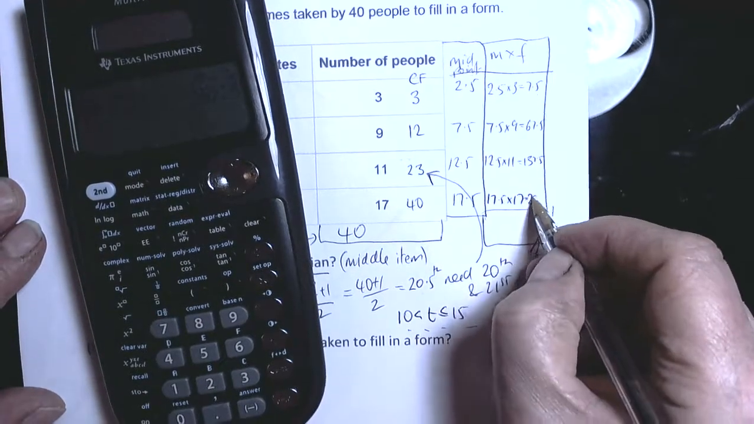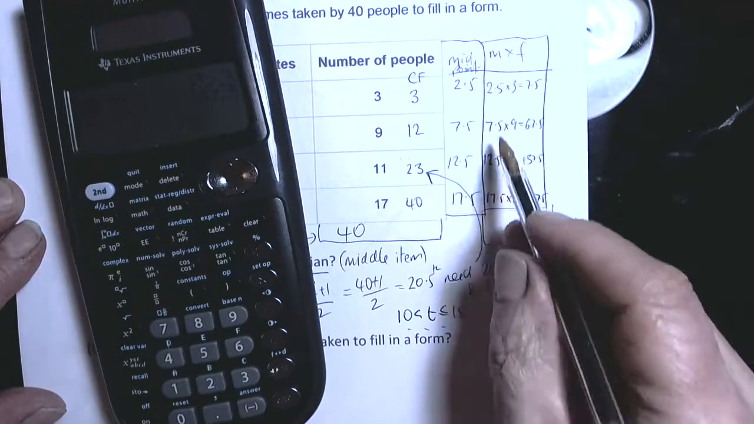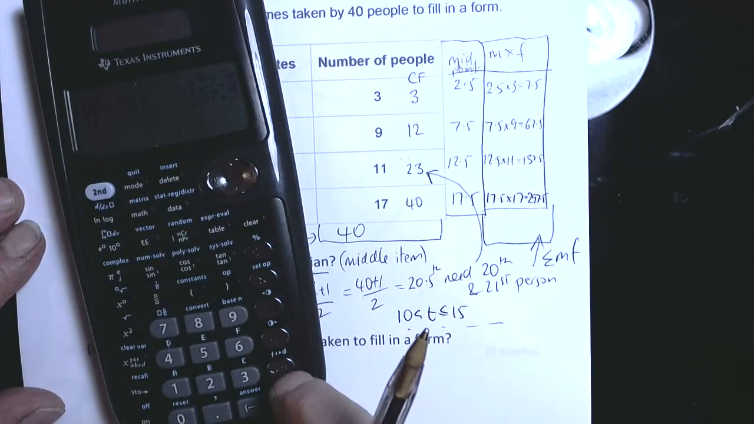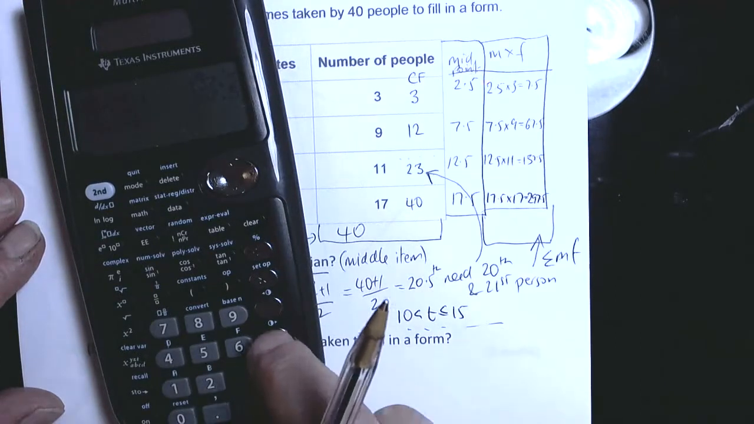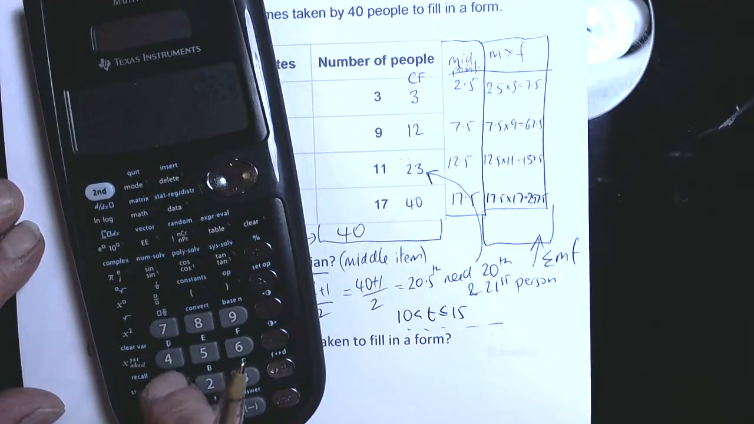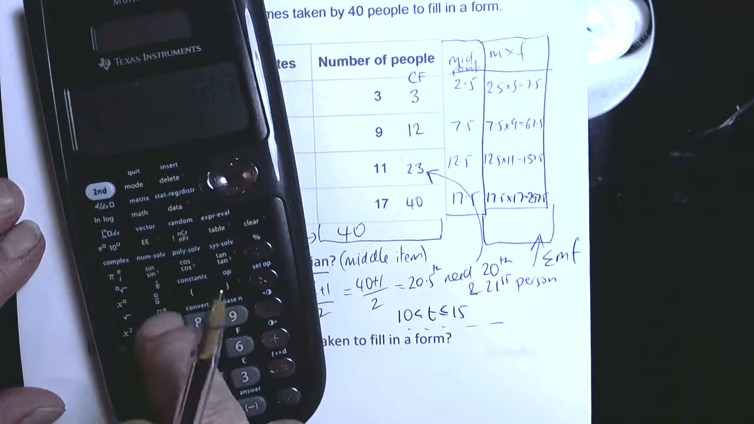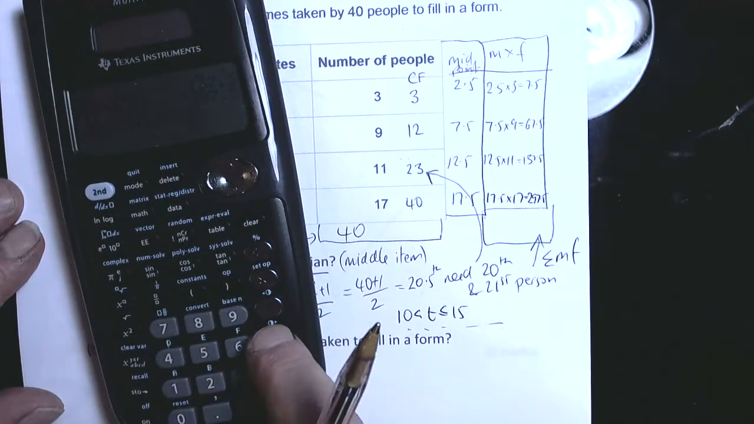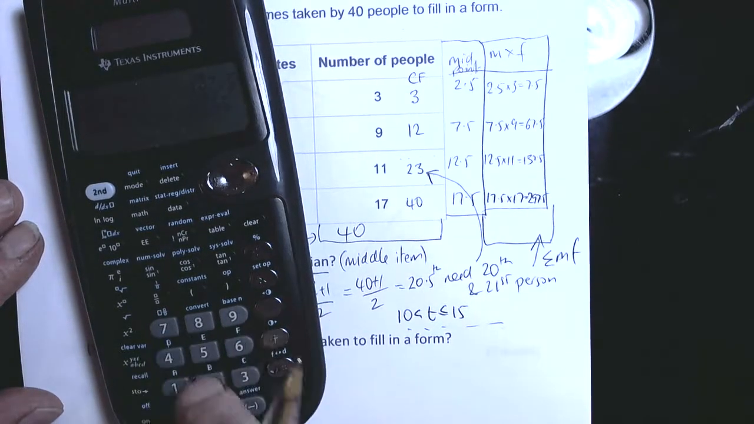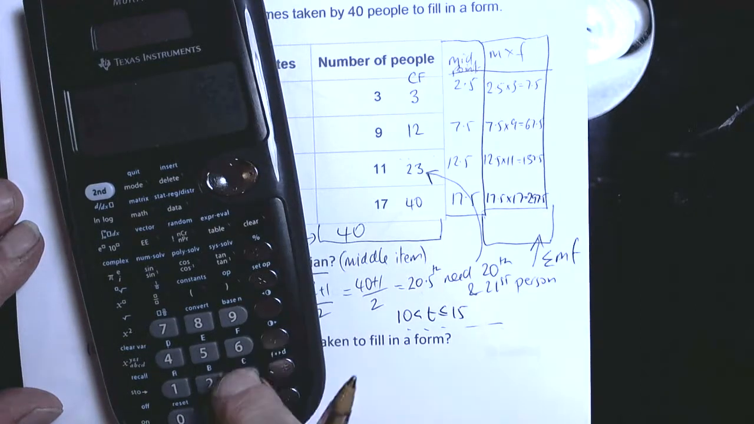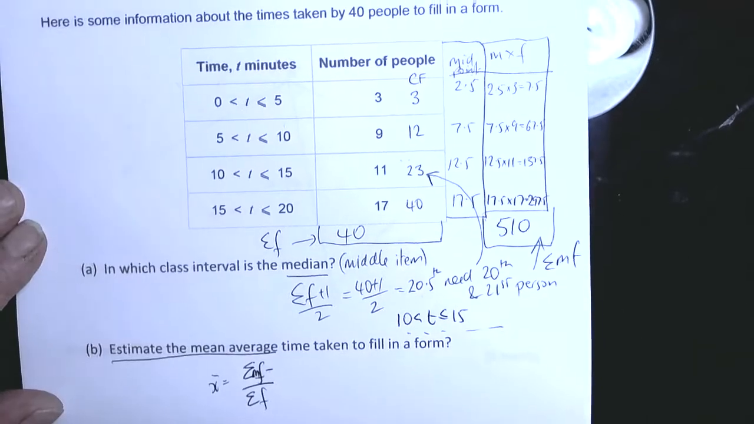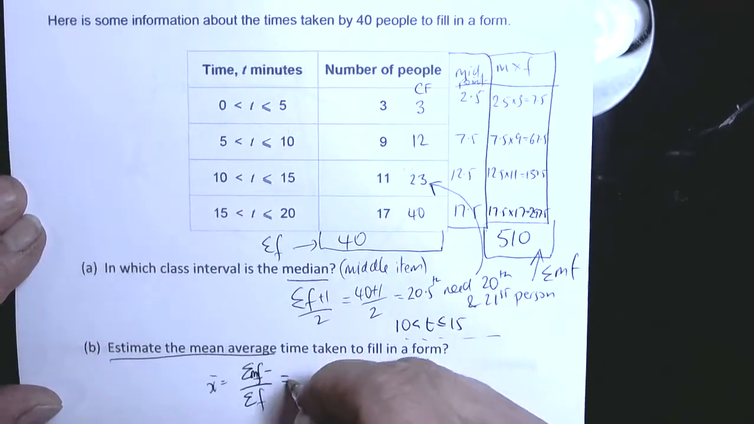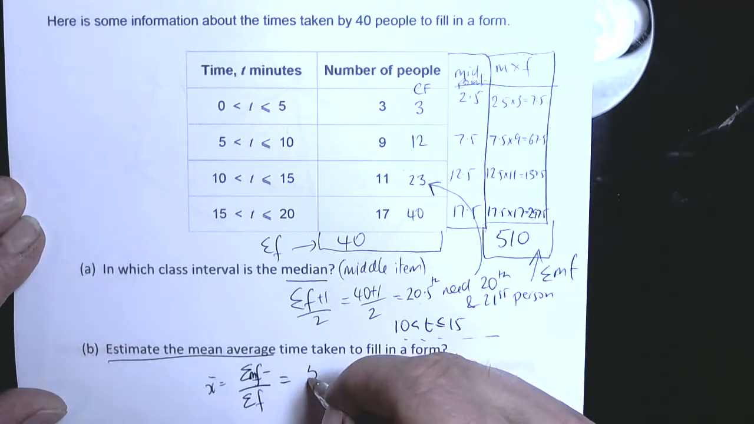So 297.5. We then add up all of those, so we've got 297.5 plus 137.5 plus 67.5 plus 7.5, and done. So 510. Okay, so to do the answer then, we need to do the sum of the midpoint times the